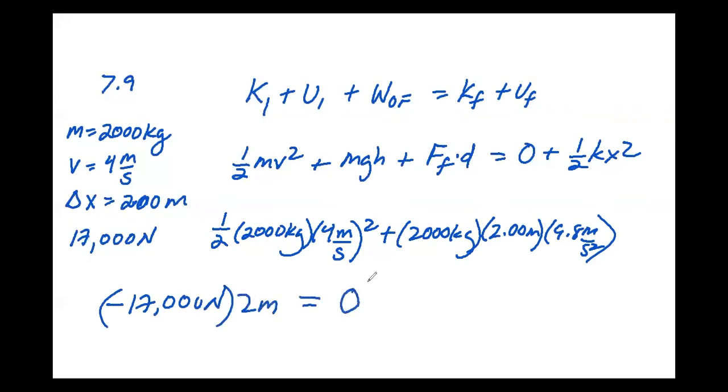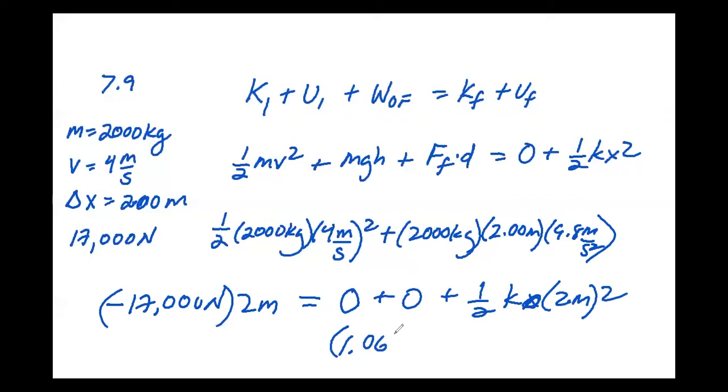So what do we got here? We got a mass of 2,000 kg. We've got an initial velocity of 4 meters per second, pretty fast. And we've got the cushioning spring. Right when it touches the spring, that's the point we're interested in, and it's going to compress it a distance of delta x equals 2.00 meters. Oh, yeah, and the frictional force is pretty deep. It's 17,000 newtons. So we want to know what necessary spring constant we're going to need